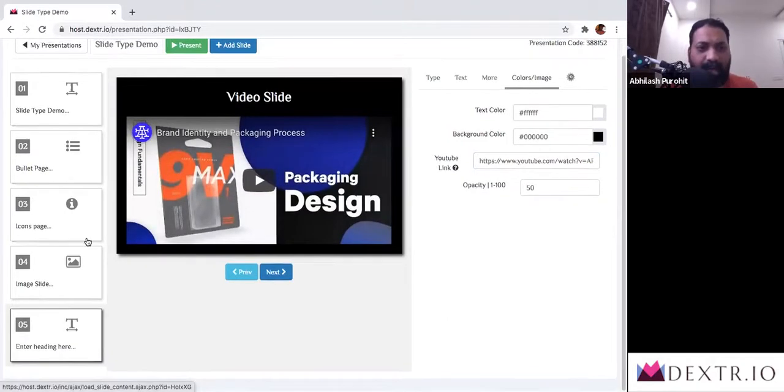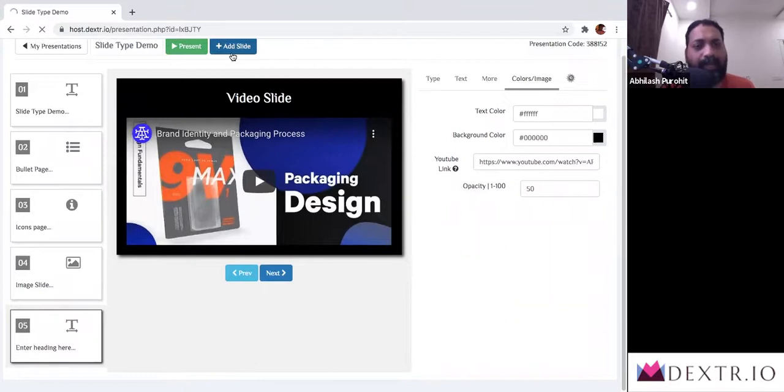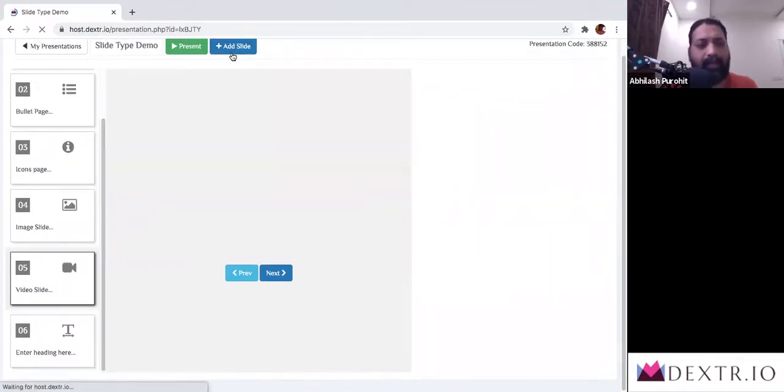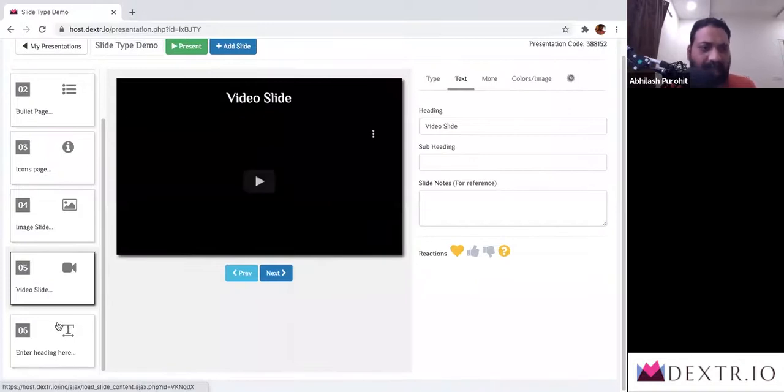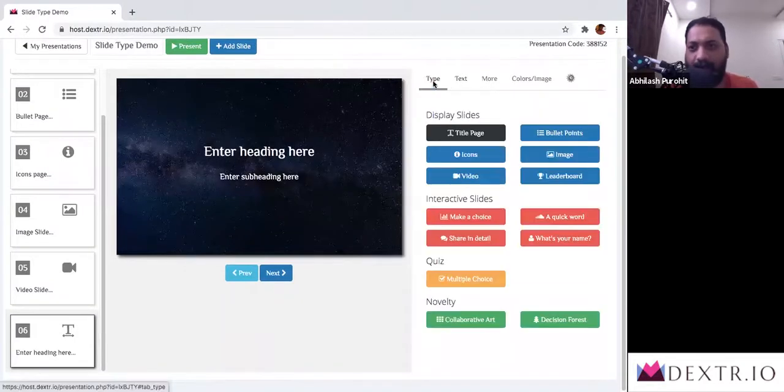So this is our fifth type of slide. Let me click on add slide once more and try and get the next one. I click on the newly added slide. I go here and I see there is something called leaderboard. I'm going to leave this alone for a while because I'm going to cover this entire thing about how to organize a quiz, and a combination of leaderboard style slide, what's your name, and multiple choice together play really well when you're creating a quiz. So I'm going to leave that out for a while.